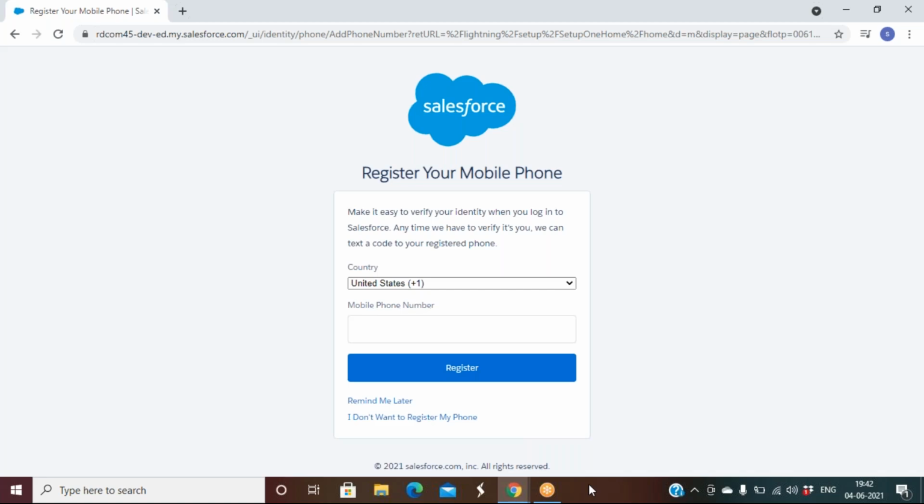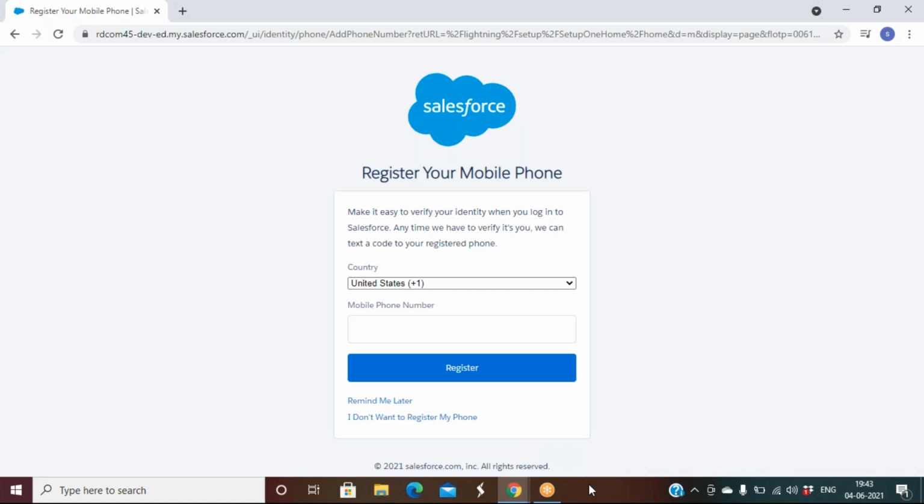Because at the time of creating a developer edition, or at the time of creating a user, Salesforce gives an email ID for that user. So in the developer edition also we gave our email ID, right? So every user will have an email ID association, and to that email you will definitely get a verification code.